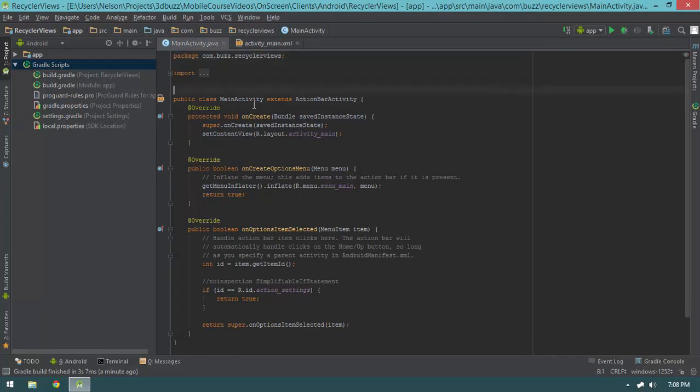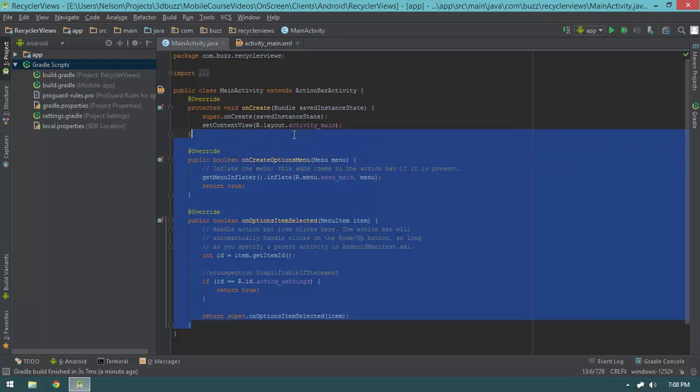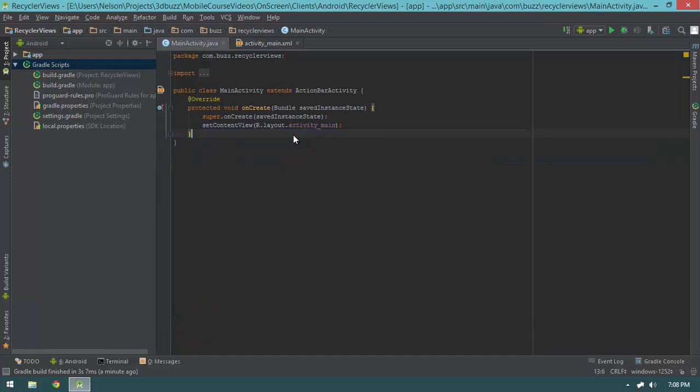And what I'm going to do here is go ahead and nuke all of this code right here. Basically, we're not going to be using the action bar in this example, so just to clean up the code a little bit, I'm going to get rid of all that. Now I'm going to start kind of backwards, going from the bottom up here. The reason I'm doing this will be pretty clear as I'm doing it,